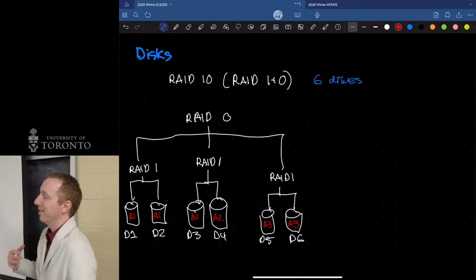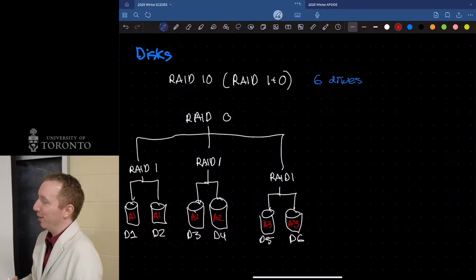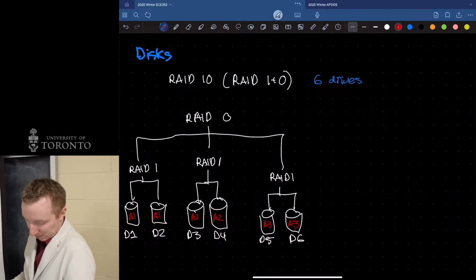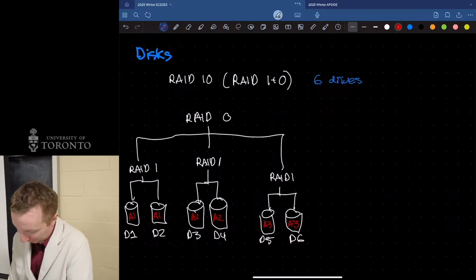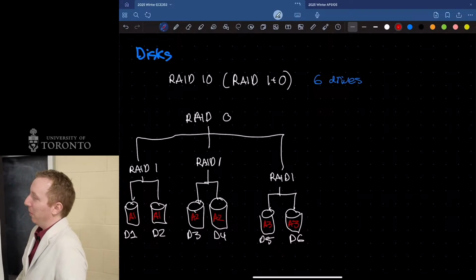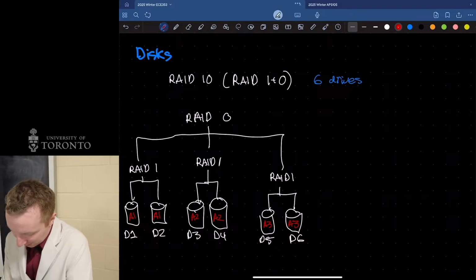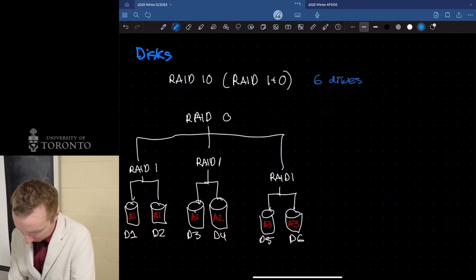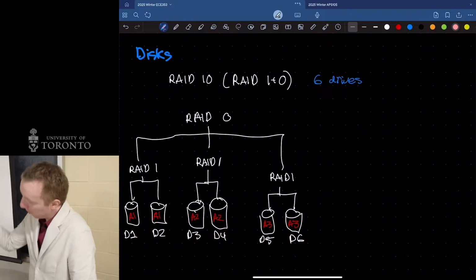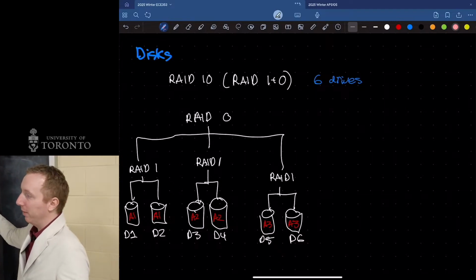If you happen to lose disks spread out, there's a max and a min, right? The worst case is something like this. No matter what, I should be able to survive a single disk failure.